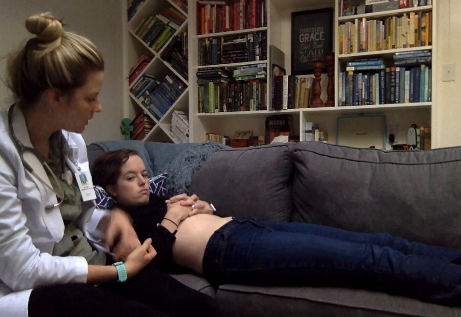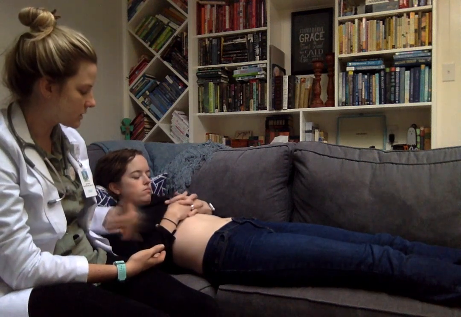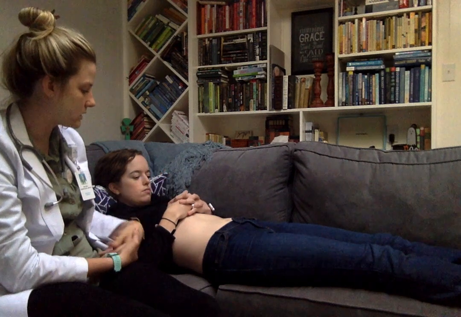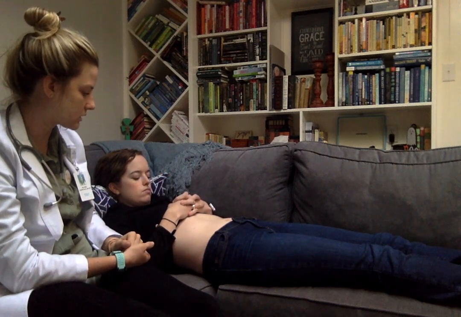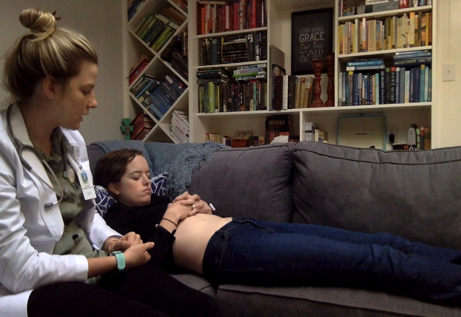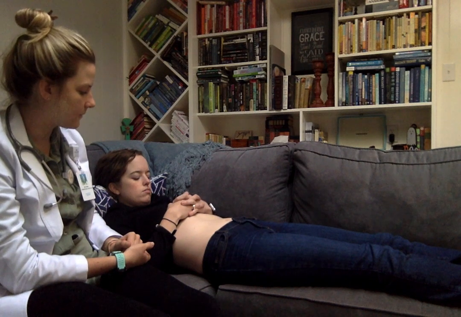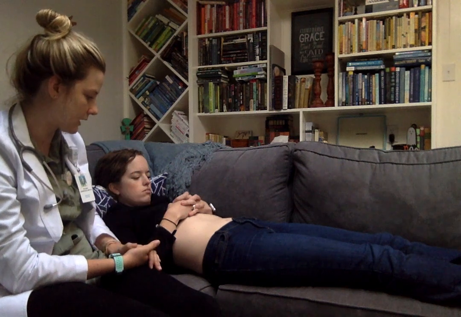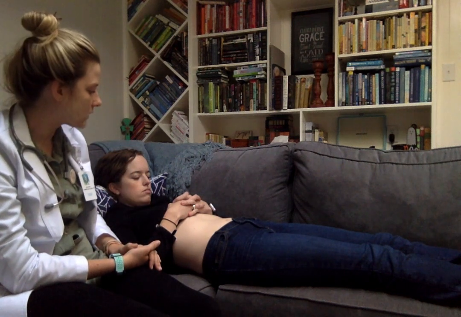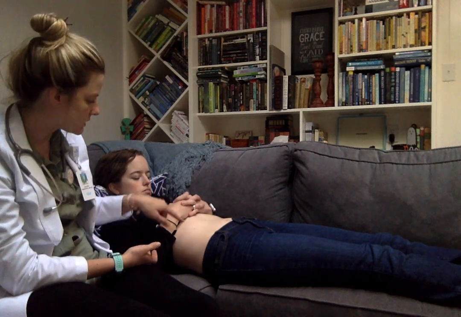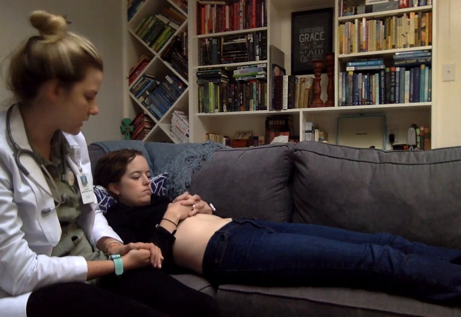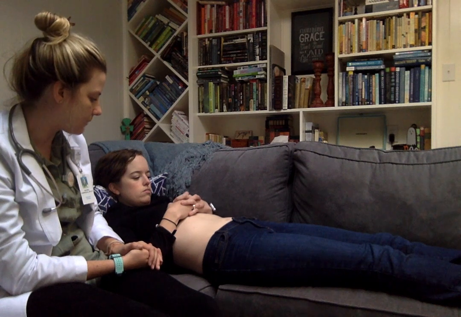Awesome. So first I'm going to start by just inspecting Anna's stomach. I'm going to notice that the skin tone is even and equal across her stomach. I don't notice any obvious masses, any nodules, any visible signs of abnormalities anywhere. I don't see any scarring, but I do see some nevi spread throughout her abdomen, but that's normal.